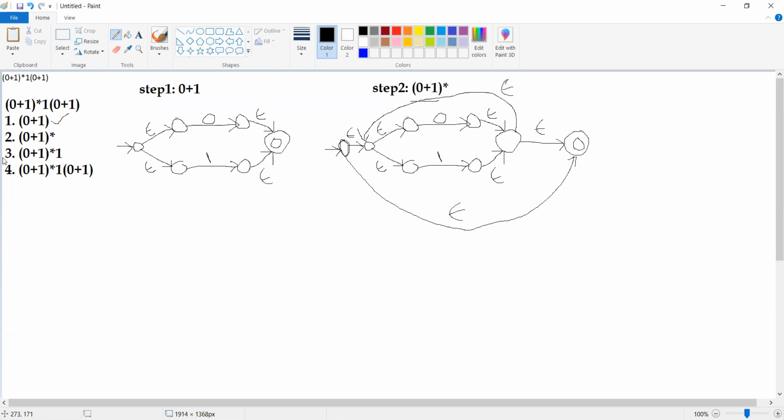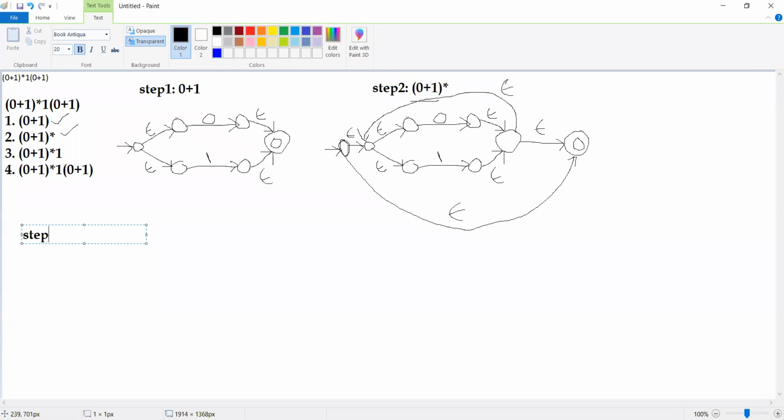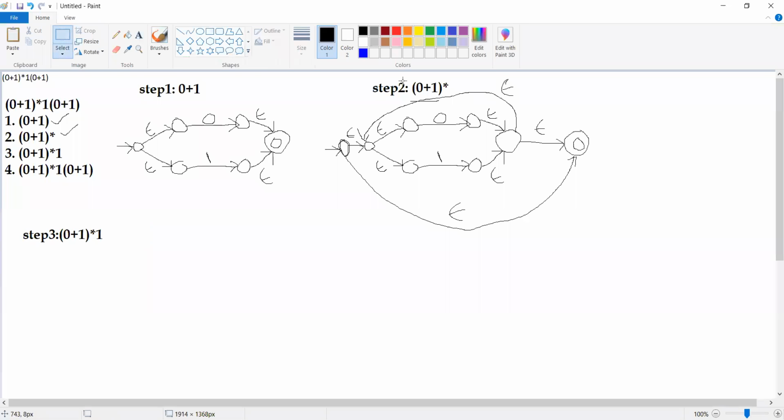The next thing we have to do is construct 0 plus 1 whole star into 1. So what is our step now? Step 3 will be 0 plus 1 whole star into 1. Already we have 0 plus 1 whole star. Where do we have it?